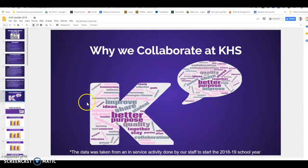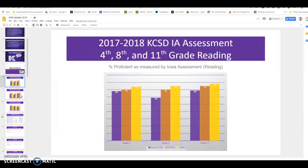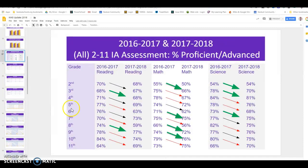This was done by our staff to start the year. They came up with amazing statements on why we collaborate at KHS, so I hope you enjoy that. Heather Davis put that in a Wordle. I won't go through the data analysis too much. Just know that when you're looking at this slide here specifically,